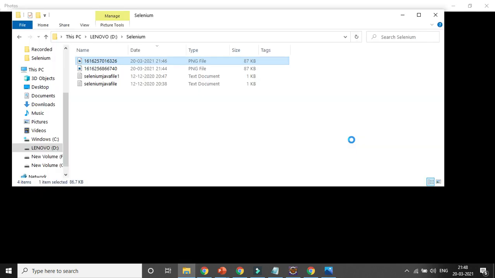Okay, so no need to worry, it's already saved. You can try it and get your screenshot for that particular page whenever drag and drop is happening. I will wait for some time. I'm not able to view it in Photos mode also.